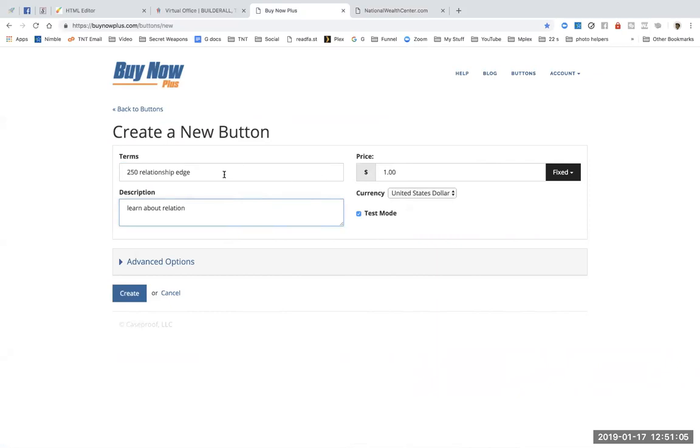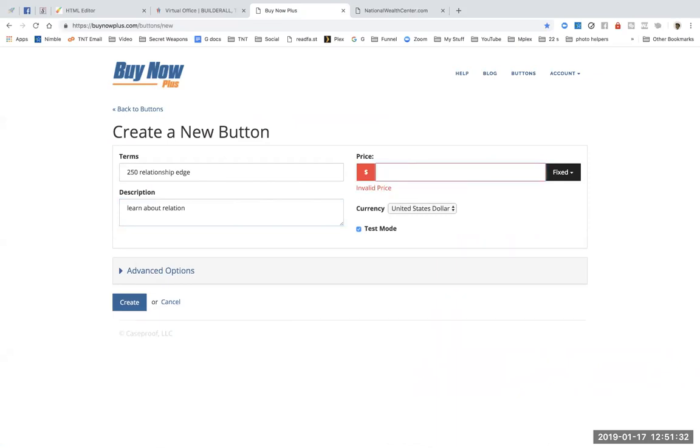Okay, now here's the kicker. The $250 course is $250, right? Well, payment processors are familiar with that. So just to throw it off just a little bit, because if you put in 250, they have lists for Easy One Up, National Wealth Center, all the other programs that are out there that they've had problems with in the past, or they just don't like, or whatever the case may be. And they look out for those specific numbers. It doesn't hurt you to lose a penny. Make that price